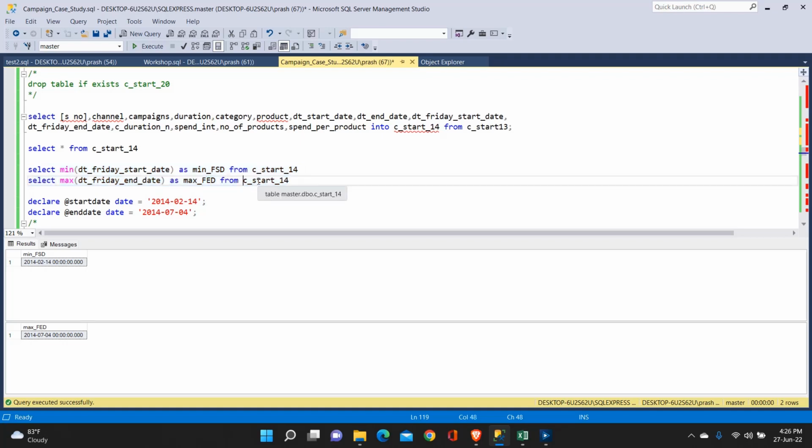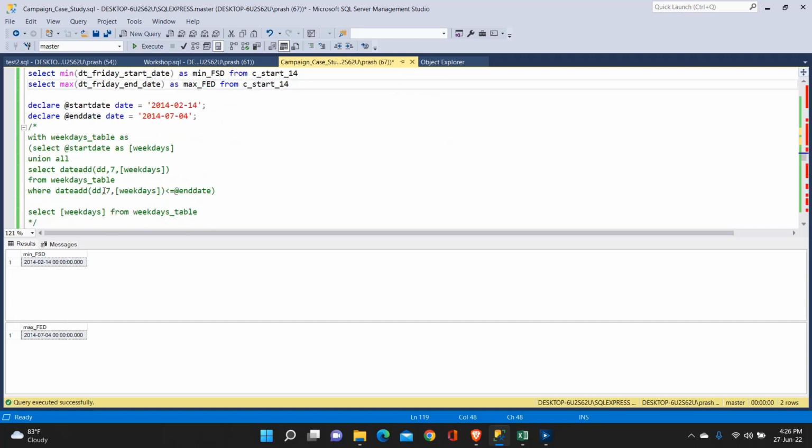Then we have to calculate the duration from it and create a column. So for doing that, we declare the start date as the minimum of Friday start date,